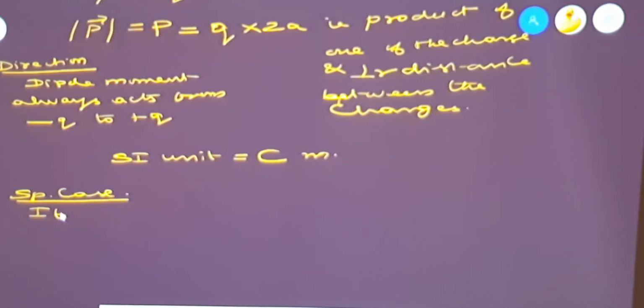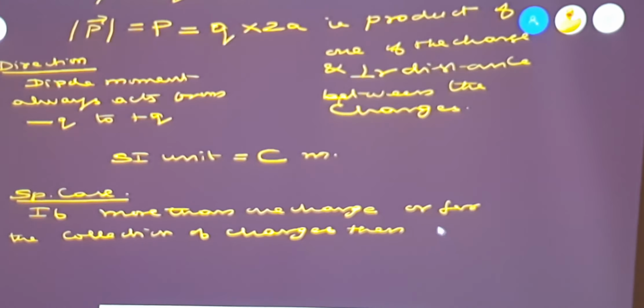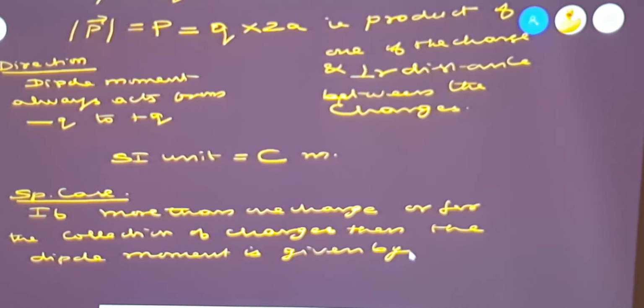If more than one charge is considered, if you are having more than one charge about the origin, then the electrical dipole moment, or for the collection of charges, the dipole moment is given by,